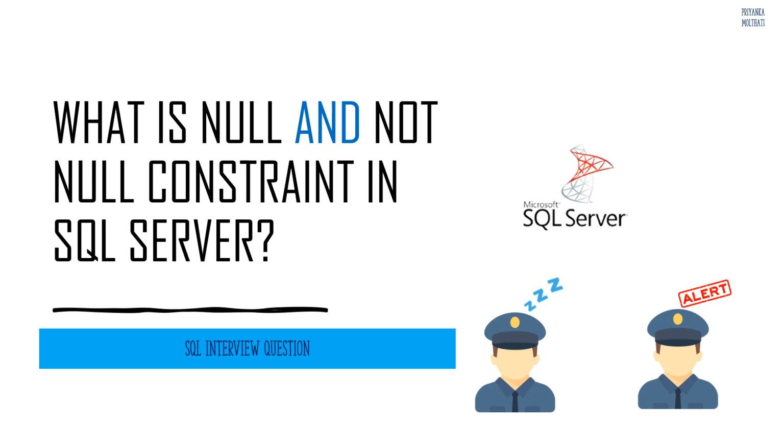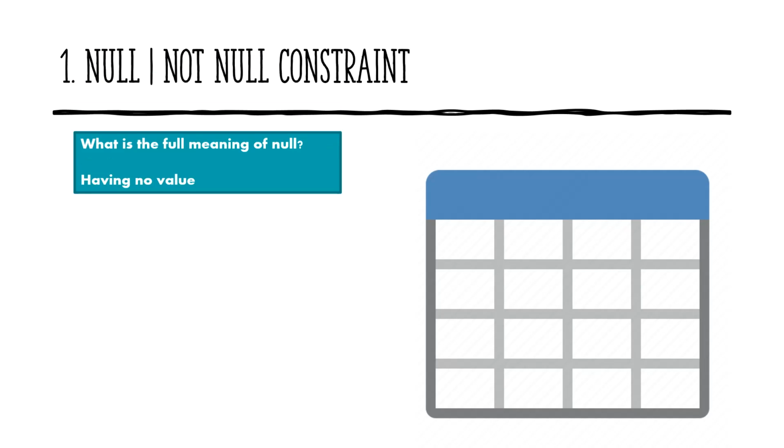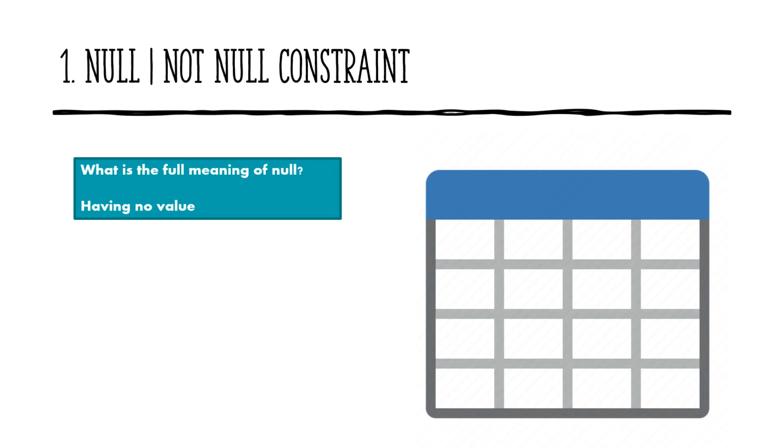Everyone. The question for today is, what is null and not null constraint in SQL Server? What is the meaning of null? It means having no value. For example, if you take a table here with SSN number, first name, last name, and driver's license number,